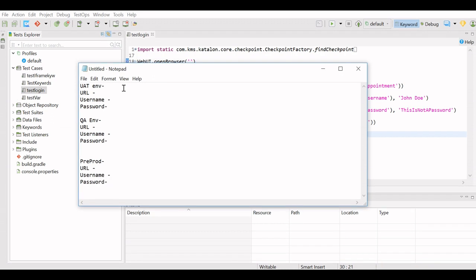For example, for UAT, the URL might be www.uatenvtest.com, and the username and password might be admin. For the QA environment, the URL might be QAENVtest, and the username and password might be user QA and password QA.